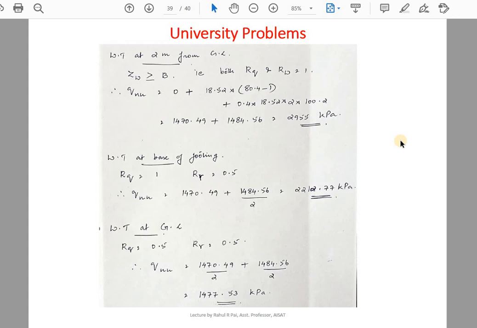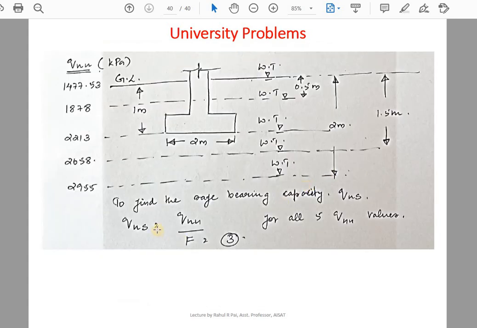So this is not the final answer. Now you have only found out the net ultimate bearing capacity. Now from this, how will you find the net safe bearing capacity? To find the net safe bearing capacity, just divide the net ultimate bearing capacity by the factor of safety. The factor of safety here is 3, so divide it by 3. So to find the safe bearing capacity, just divide the net ultimate by the factor of safety for all the 5